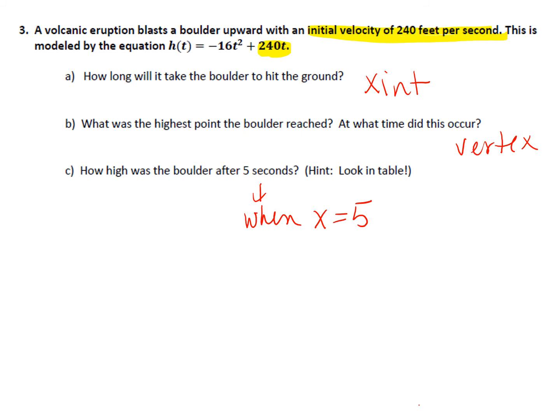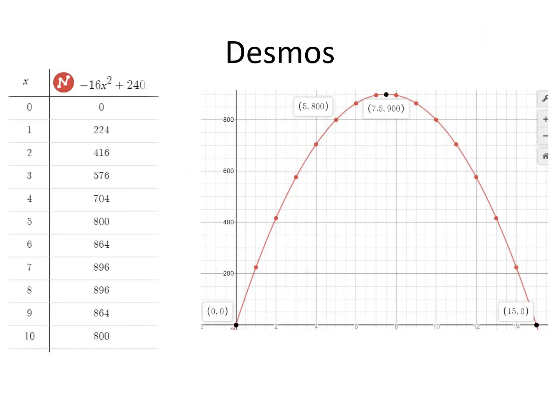All right, so let's take a look at the graph that I created using Desmos. Notice this table was a little larger than the previous ones, but I stopped after 10 because it was getting so large. Once again, I had trouble showing the whole equation. It just cut off the x there. So negative 16x squared plus 240x, I'll stick that back in there. But again, those questions that it asked us to find,